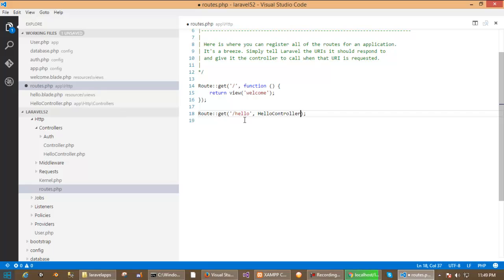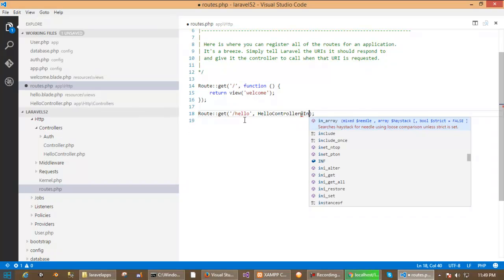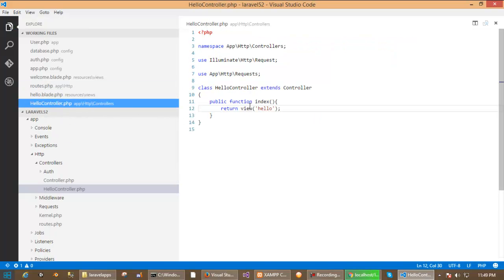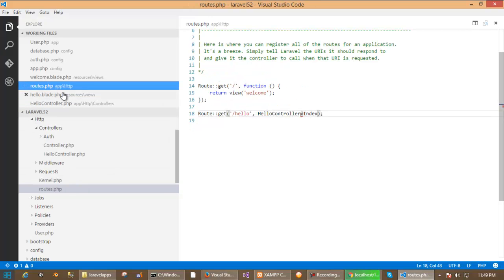Then we also want to write the method name, and to write the method name just type @, and our method name is index. Here you see the method name is index. So the writing convention is the controller name @ your method name. Then save it and